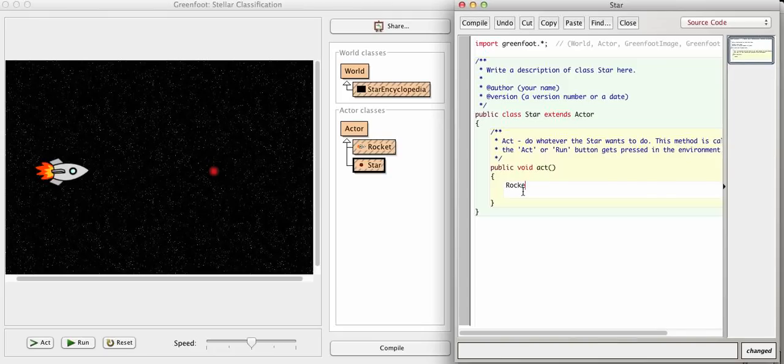Well, actually, let's do it a little more simple in this case. Let's just say that we're going to test against some kind of actor, and we're going to say Actor A equals this, and that refers, of course, to the star class itself, or the object that was instantiated from the star class. So we write this dot, and then we're going to get one